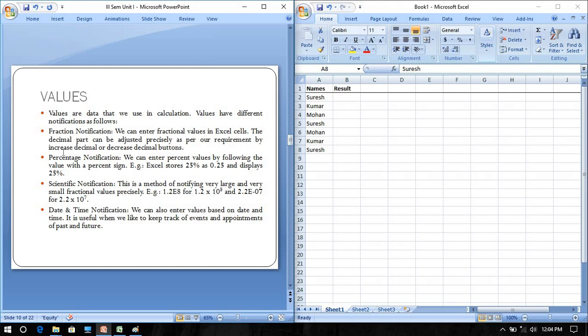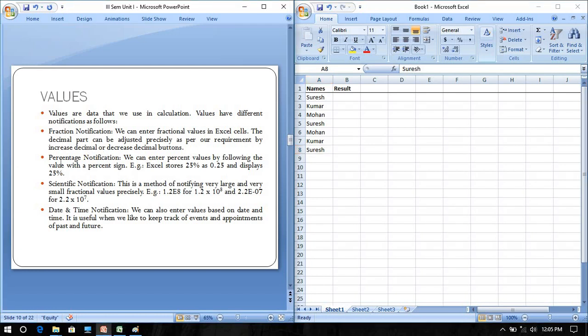I will show you the increase decimal and decrease decimal buttons. There are some buttons here, increase decimal, decrease decimal. That means after the point, how many digits you want. So fractional data is there, percentage data is also there.